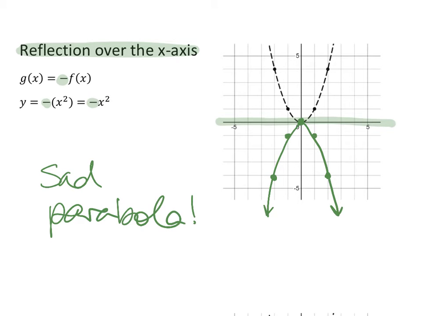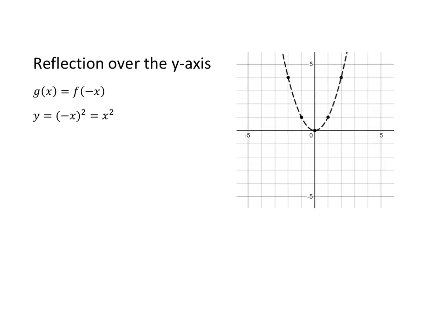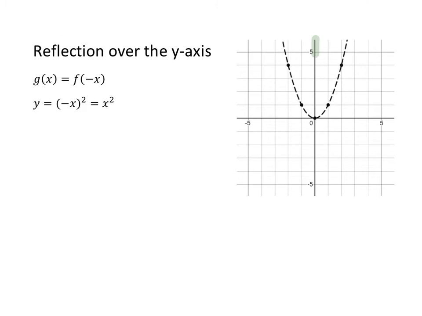So reflections over the x-axis make our little sad parabolas. But reflections over the y-axis, like I said, we're not going to see that often. When we highlight the y-axis and reflect the points over it, I move this point 1 unit to get to the y-axis, which means I move it 1 more unit, and vice versa. And if I move this point to the y-axis, I move 2 units, which means I go away from the y-axis 2 units,